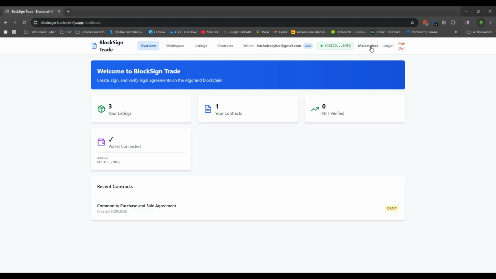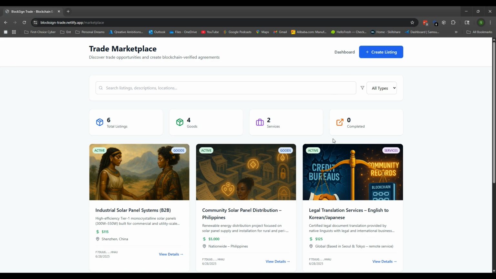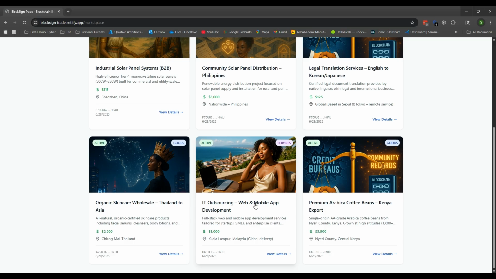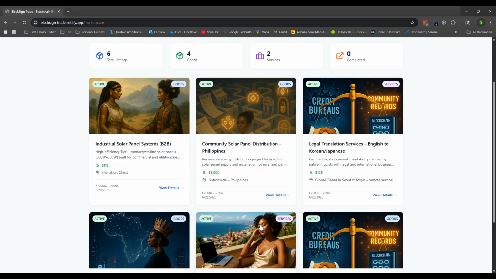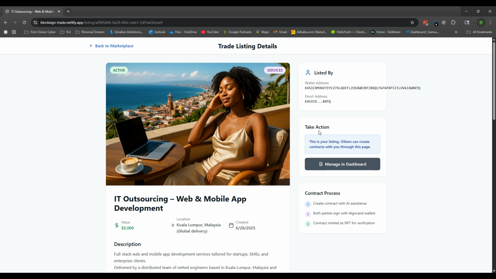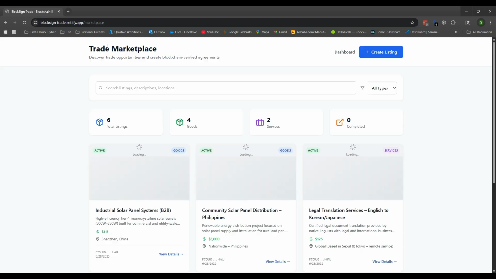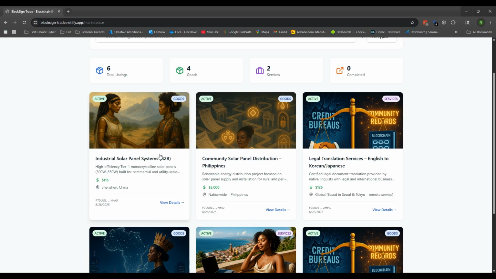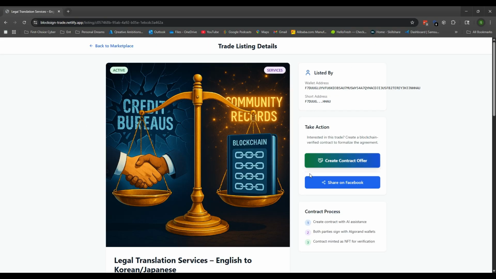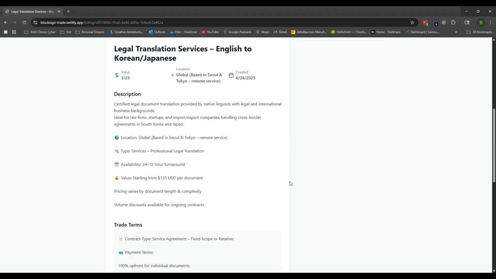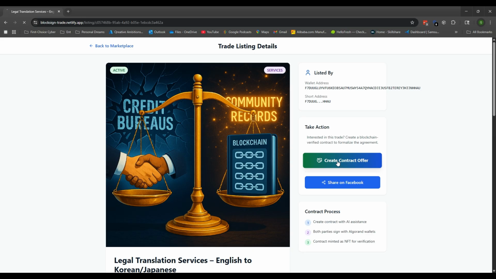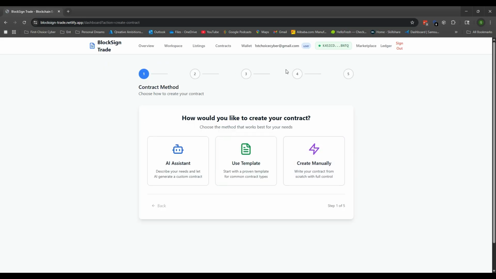And then let's go back to the marketplace. So you can see that if it was my own listing, let's just take this account, it matches the account that we have. So I can still manage it here, right? But if it's not my listing, so for example, I'm going to go here again, you can see that I still have that share on Facebook. There's nothing else really changed here. It's the same thing. But now you see that I can create an offer,